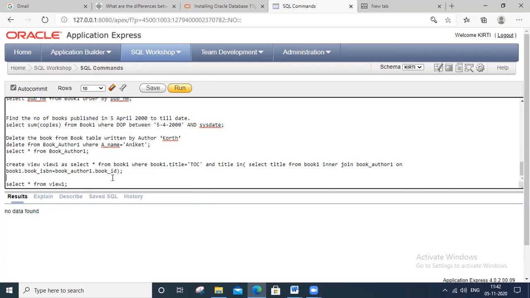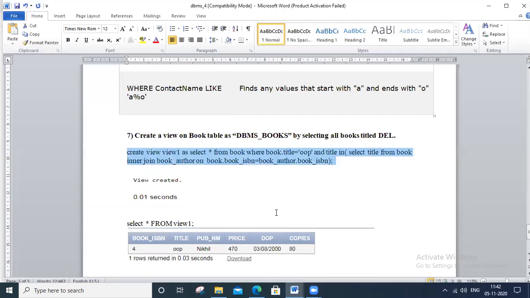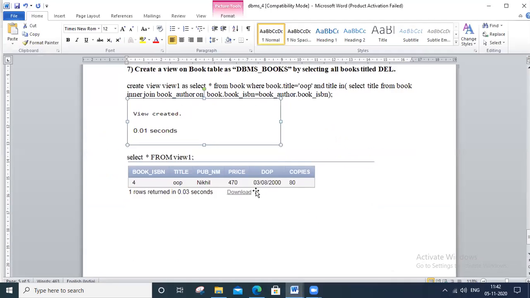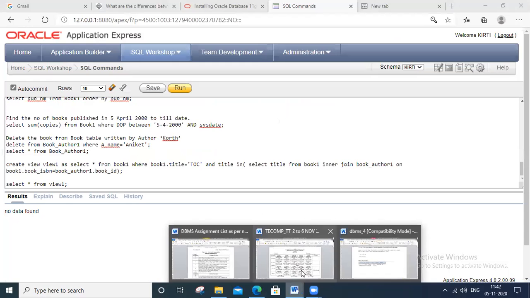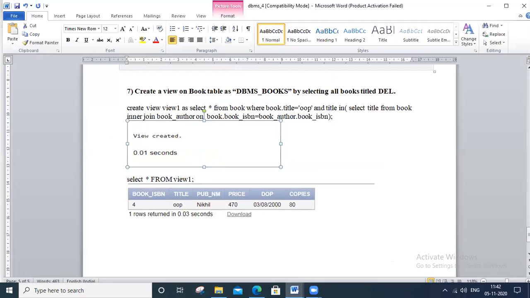So no data found. Okay, so whichever condition we have mentioned in the view, it is not matching with any record, so view1 does not hold any value. Okay, so that is the thing with view. So what is the exact purpose of view? View is used for merging two tables, extracting some attributes from more than one table and holding the value temporarily. Okay, that is view1. It acts like a cache. Okay, so this is all about our third problem statement.